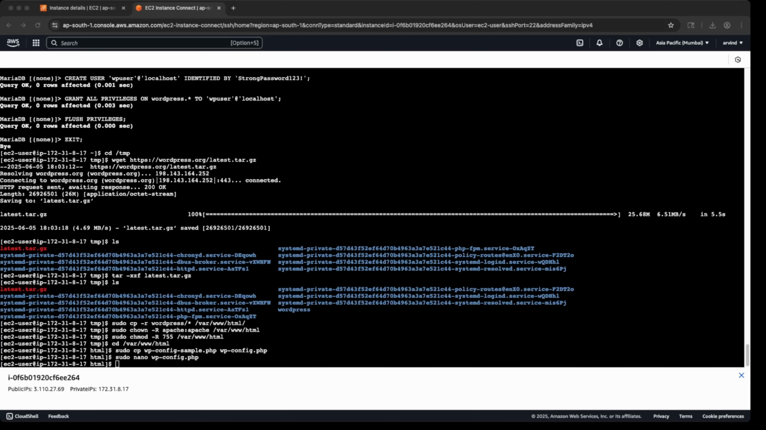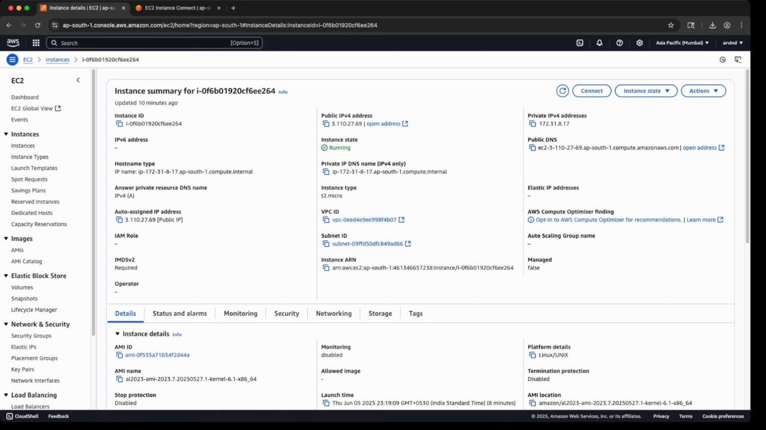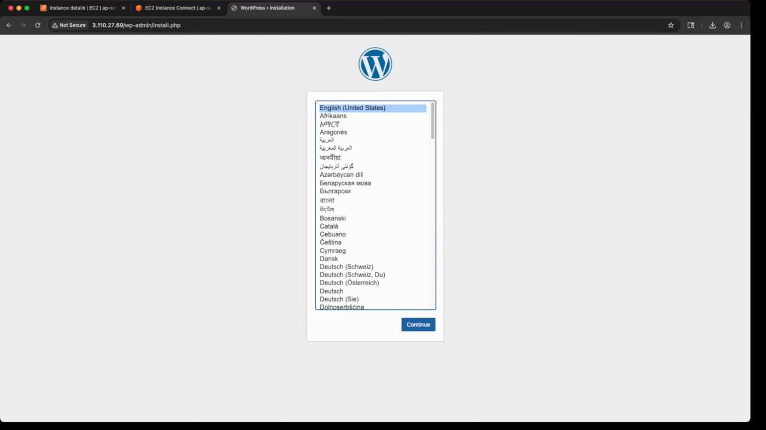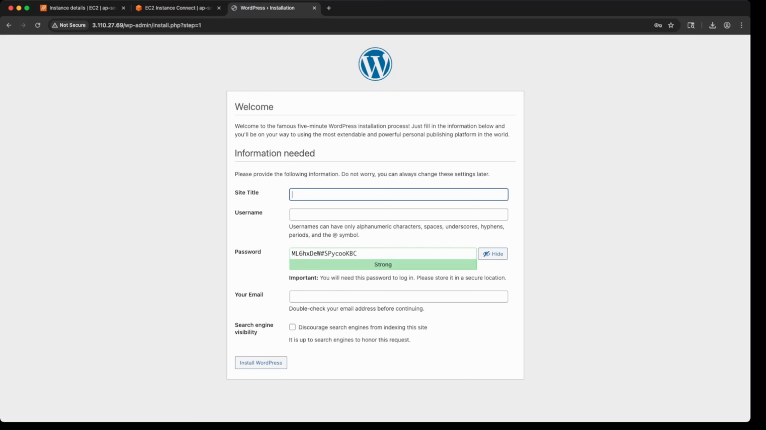Now we need to see if it is hosted on that IP or not. So you can just copy that and you can just paste it. Yeah, bingo, our WordPress website is installed on this IP. So here are a few more steps you need to continue. You need to enter the site, you need to enter the